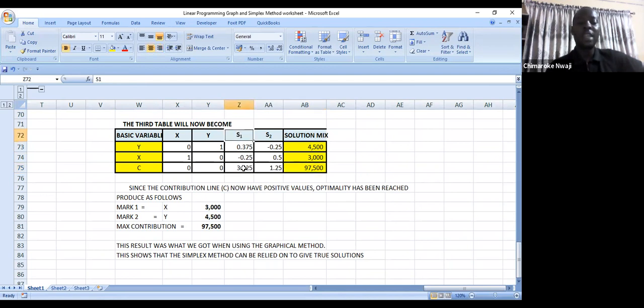And look at the extra contribution you are making for just increasing your constraint by just 1 unit. So this is the extra contribution you're going to be making for material. This is the extra contribution you're going to be making for